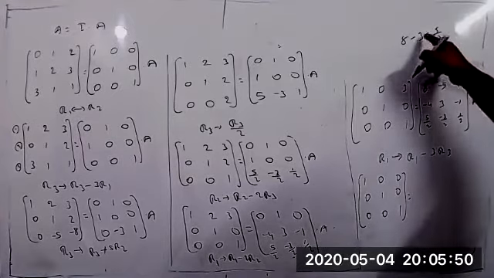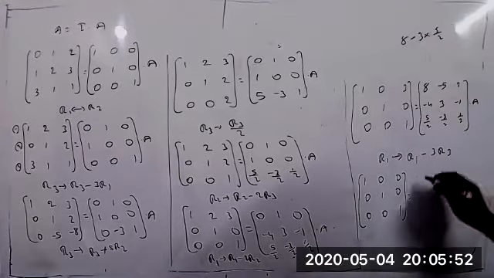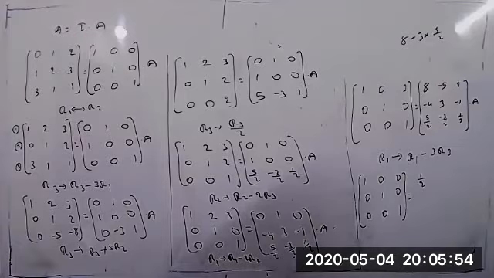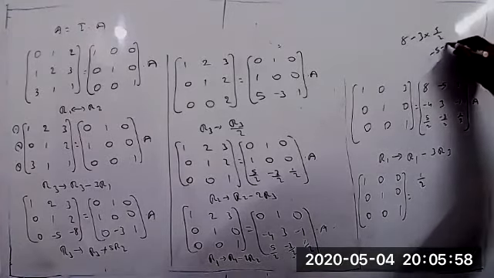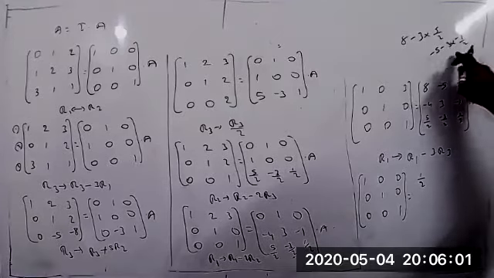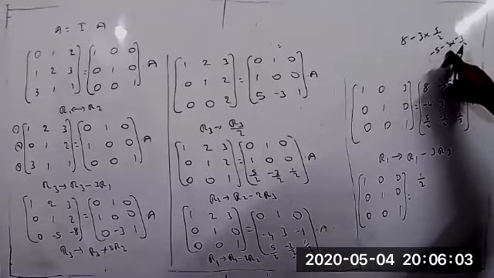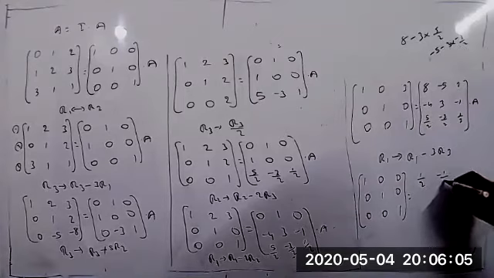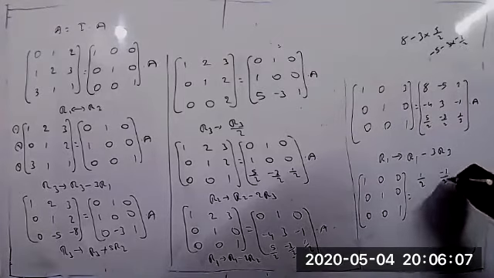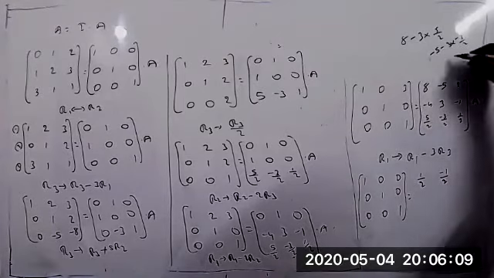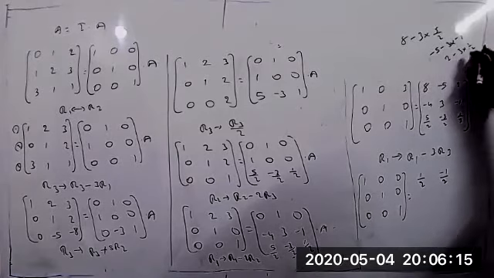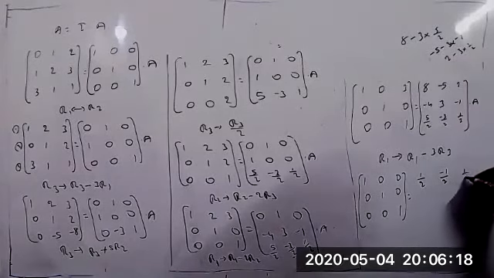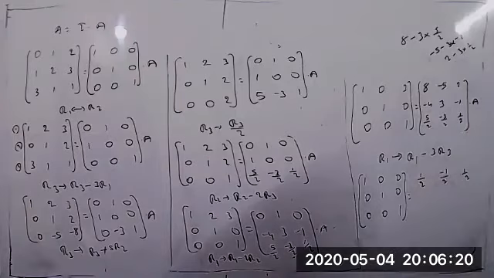So I think it is equal to 3 5s are 15, 16 minus 15 equal to 1 by 2. Am I correct? Next, minus 5 minus 3 into minus 3 by 2. So minus into minus equal to plus, so this is minus 1 by 2. Next, 2 minus 3 into 1 by 2. It is equal to 1 by 2 again, because 2 to the 4, 4 minus 3 equal to 1 by 2.